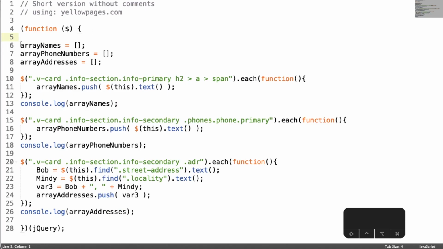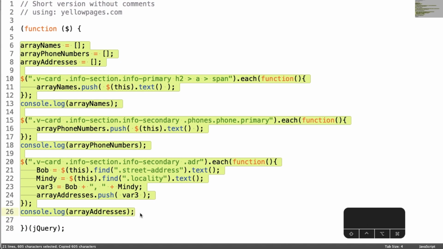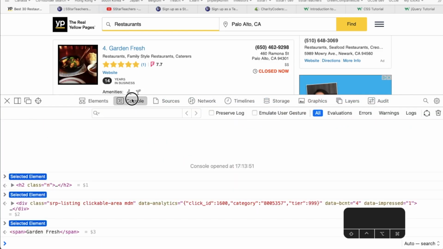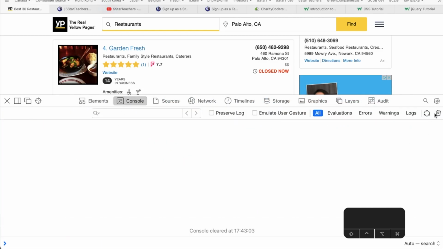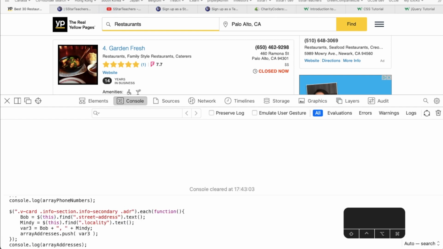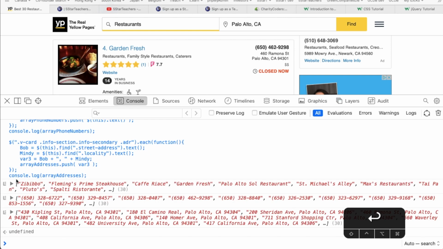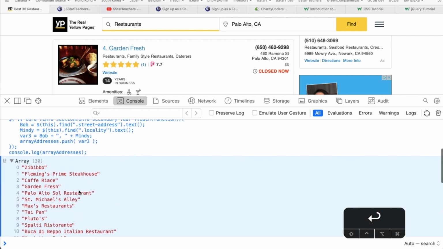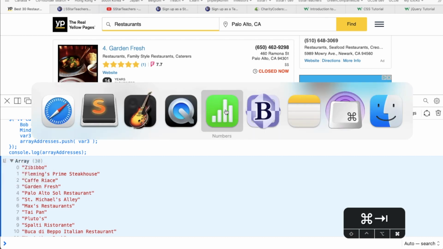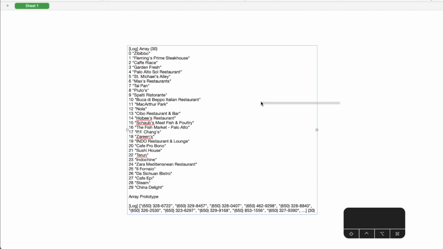Now all we need to do is copy the code and paste it in the console. If there is stuff in the console, just click the trash bin icon and then paste it. Hit enter and voila, there you have it. Now if you twirl this down, right click this list icon here and choose copy selected. Pasting that in Numbers won't work right away. You have to treat it a little.